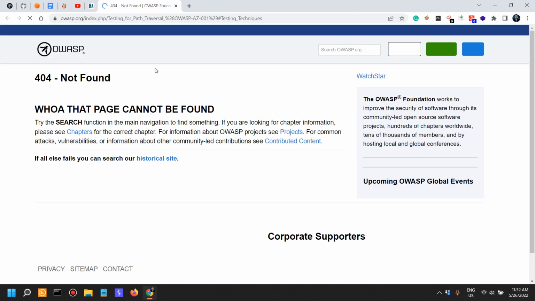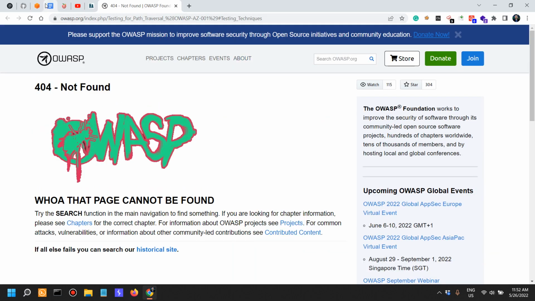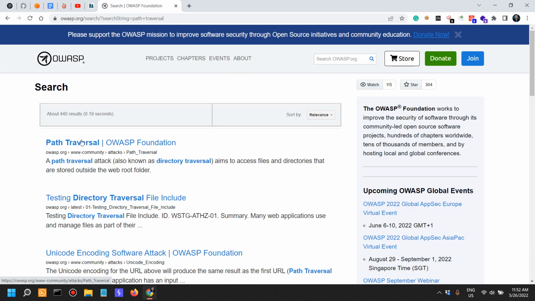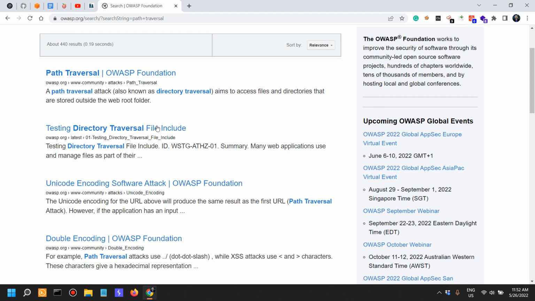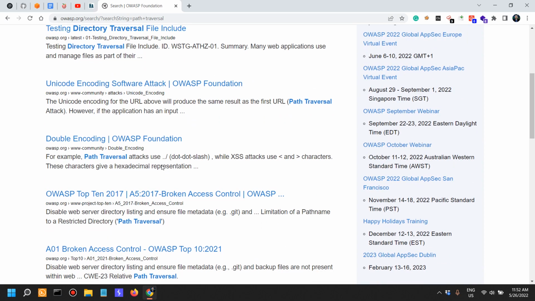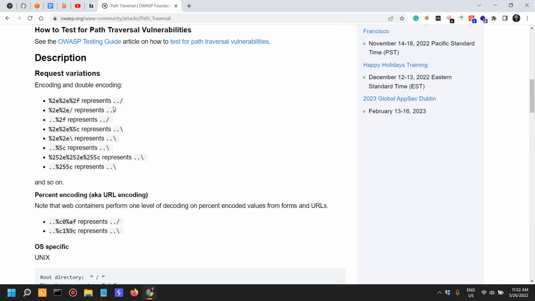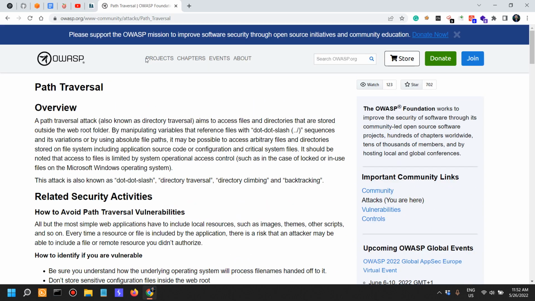What is here? This is the OWASP not found page. Testing for path traversal. Maybe you can just go to path traversal here at OWASP and testing directory traversal file include. This is probably for PHP. Path traversal. There are a lot of examples here, and I highly recommend everyone who's in security or who's developing to actually get